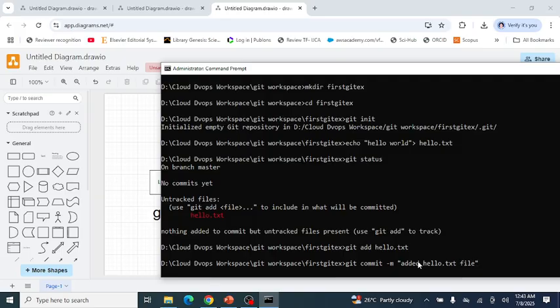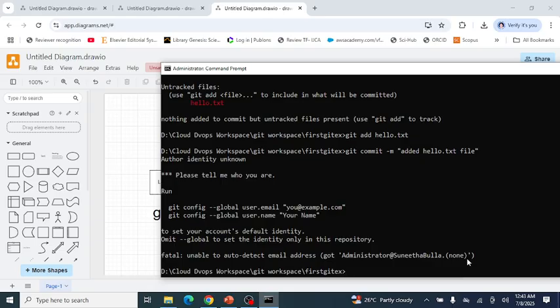So this is a file command. git commit -m "added hello text.txt file". Now enter. So see here, when you type this command git commit -m added hello txt.file, it is asking the remote